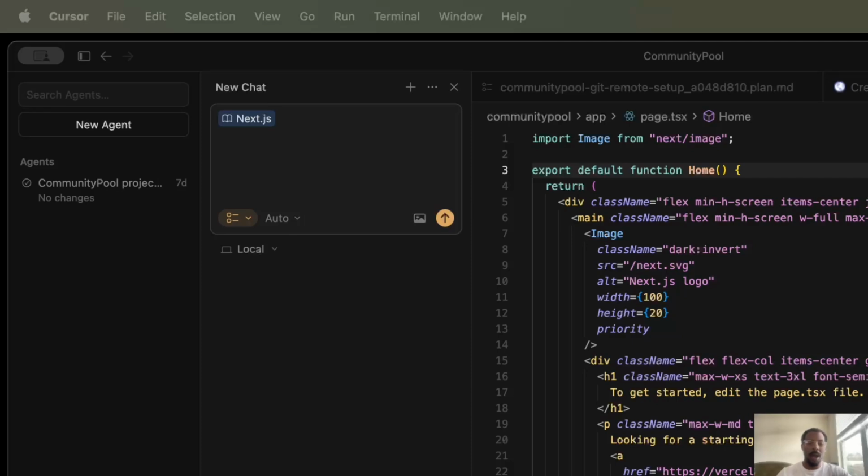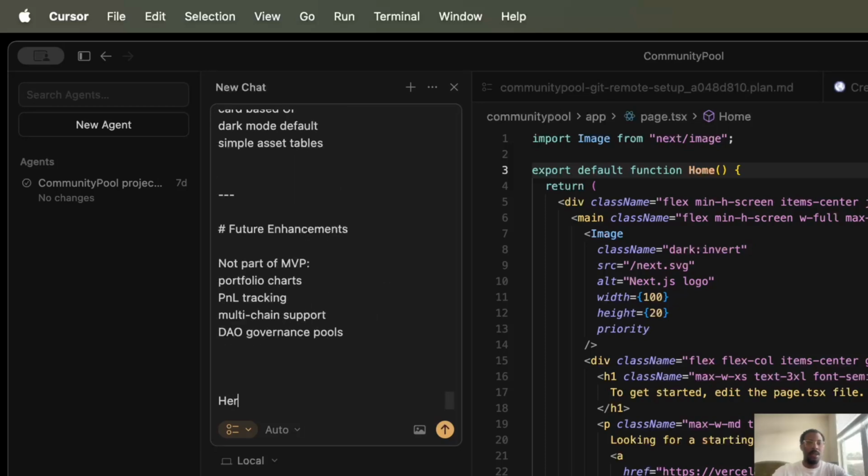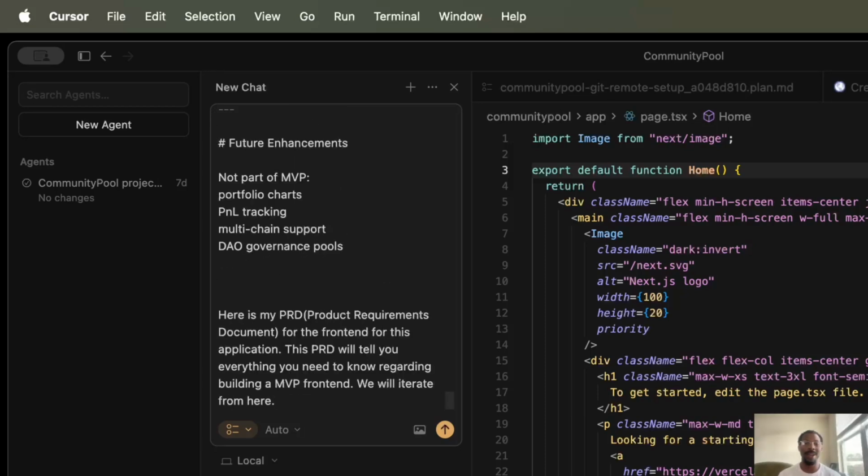So I'm just going to copy and paste it into the chat, and then I'm going to tell the agent, here is my PRD. I'm going to assume that our agent is most likely not going to be able to just spit out a full production-ready application right now. There's a lot of testing we have to do. We have to build the back end. We have to make sure the front end and the back end connect. We have to do more testing. So I just want it to really build me an MVP front end,